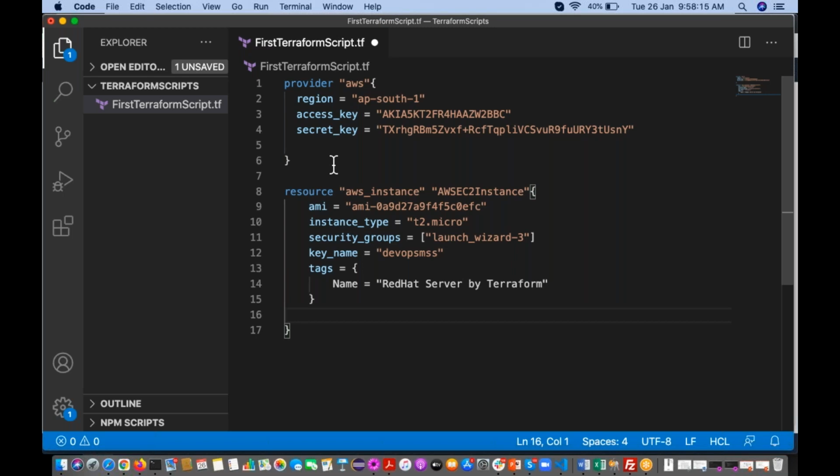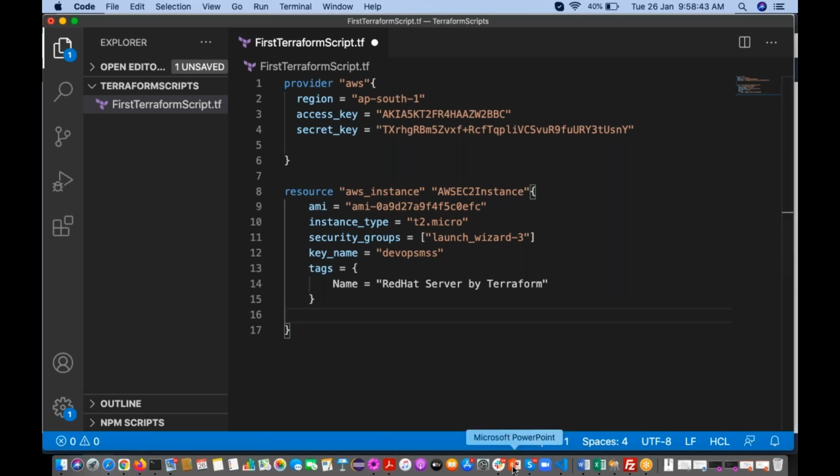Bala is asking, is it possible to run that without access key and secret key as it is open to everyone? No, Bala, it is not possible. See, if we go without access key and secret key, how can we connect? It is not possible. Venkata Naresh is asking, is it possible to create n number of EC2 instances? For all your questions, you will get the answer in the next session.